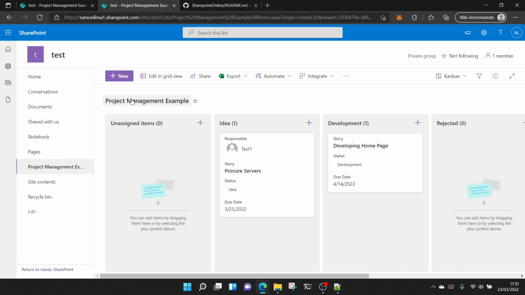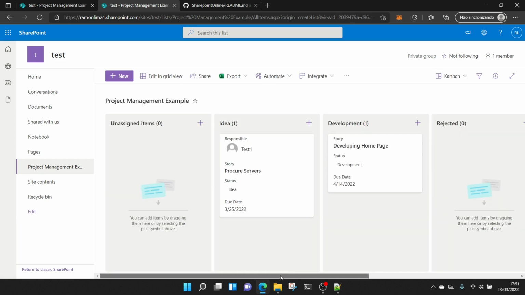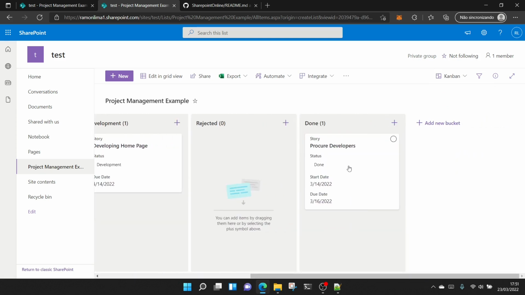So this is not the default view, right? The other one's the default view, all items. So if I go back here to all items, this is the view here, right? And the other one is done, right? The status of the other one is done. That's why we're seeing it right away over there on the left side. If we go back to Kanban and scroll to the right, we'll see the other one is right there,